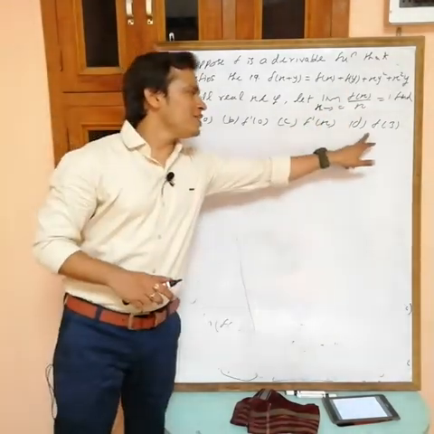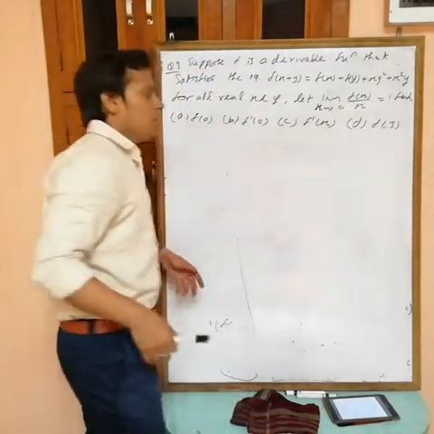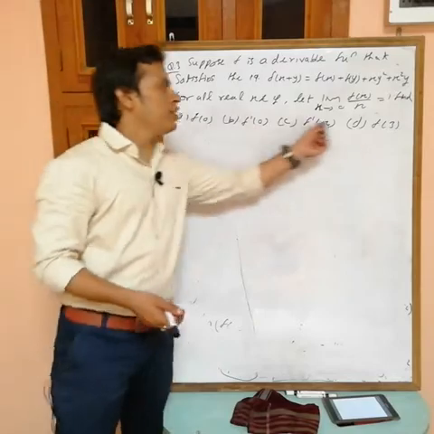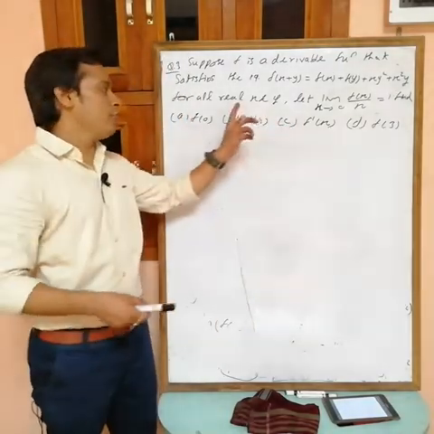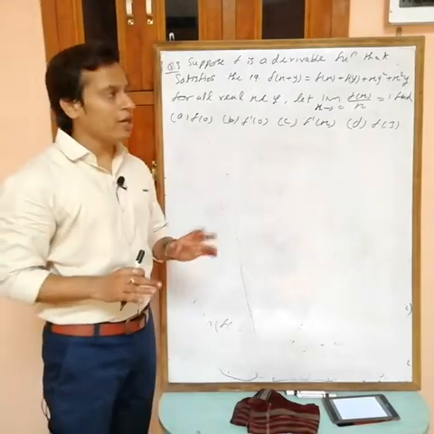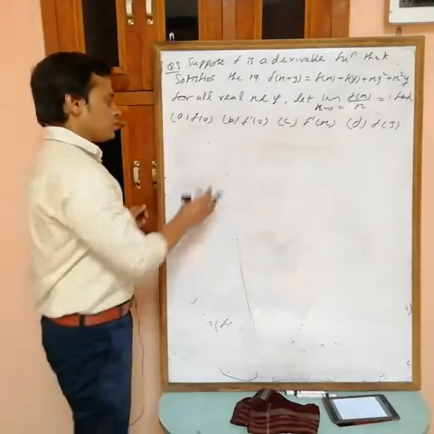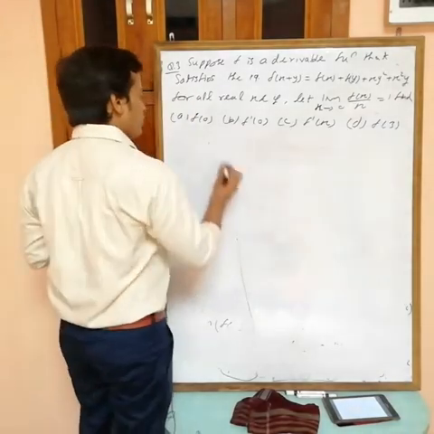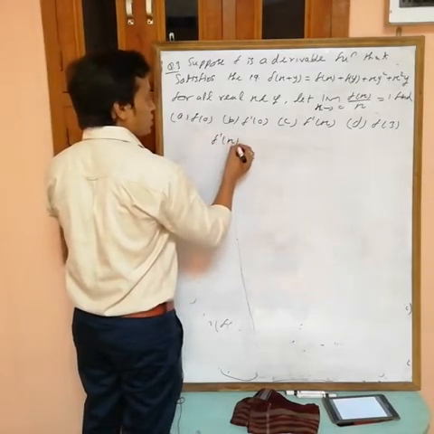Now actually I can easily find these values if I have the value of f(x). If you have f(x), then you can find f(0) and f(3). By using differentiation you can find f'(x), and if you put x equals 0, you will get f'(0). So what we want is f(x). The function is differentiable, so I can use this process. First find the value of f'(x).